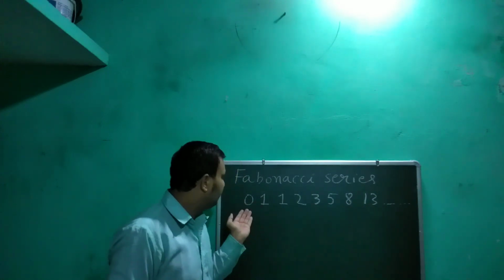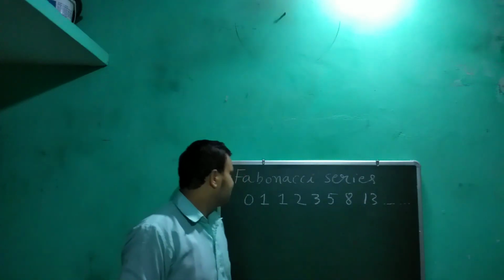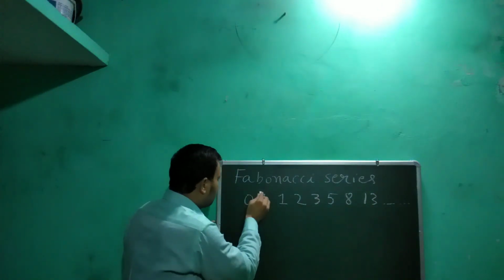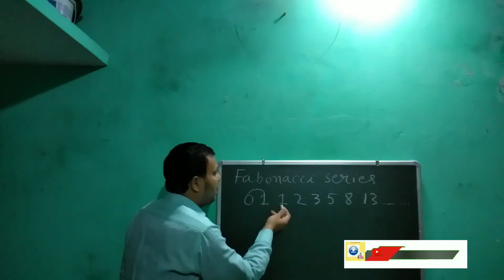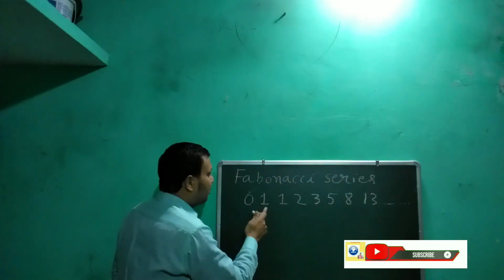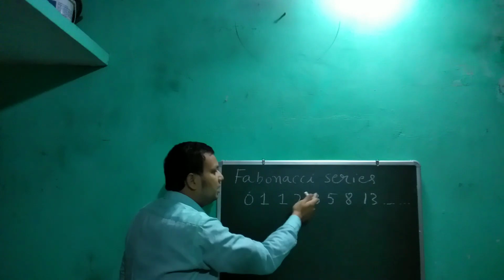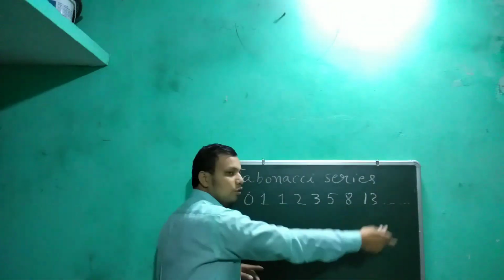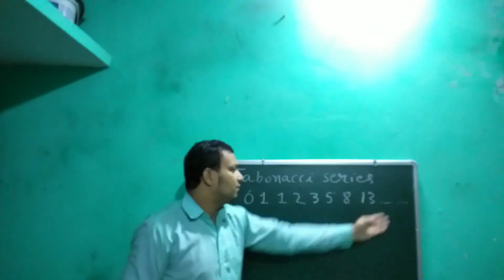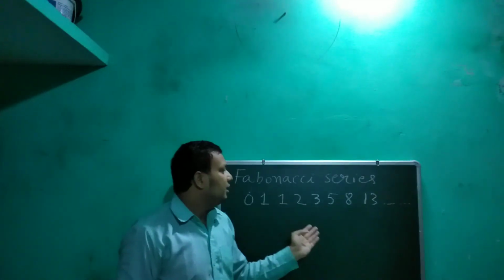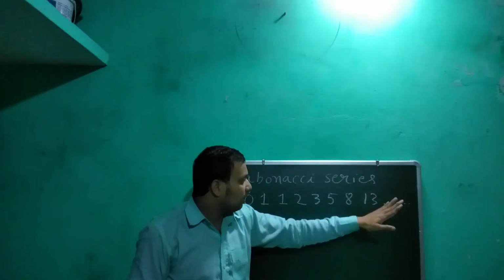As you can see, one pattern is there on the board. This pattern is called Fibonacci series. How? Because these two numbers are added to get the next number. 0 plus 1, 1; 1 plus 1, 2; 2 plus 1, 3; 3 plus 2, 5 and so on. It goes on infinitely. So we will print it as per the requirement of the user.